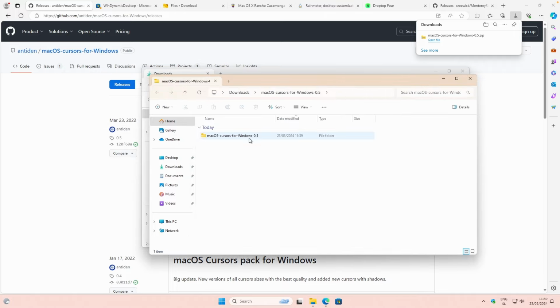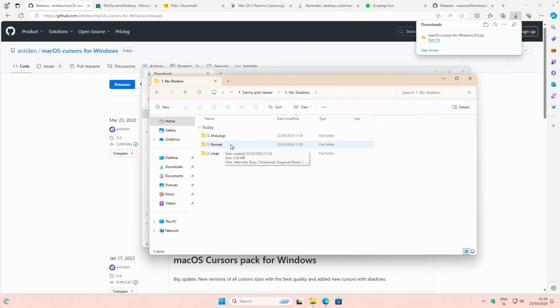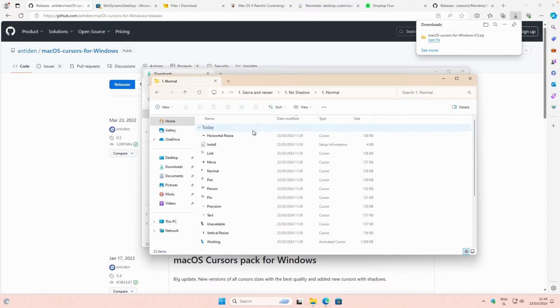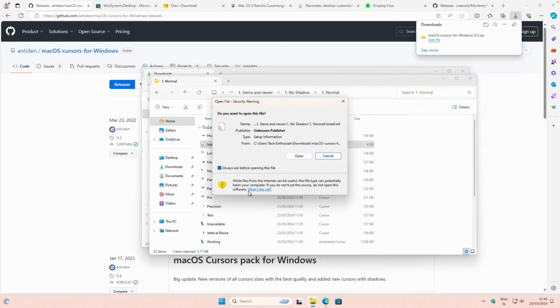Once the extraction is complete, you will navigate to the extracted folder, and here you will basically pick whichever option of the cursor you prefer. I will go with Sierra and newer, and I will go with no shadow option, and I will go with the normal size, but if you want, you can pick extra large or the large version as well. Once you are inside the folder, you will have this file which is called install. Right click on it, and here down below on the menu you will click on install,